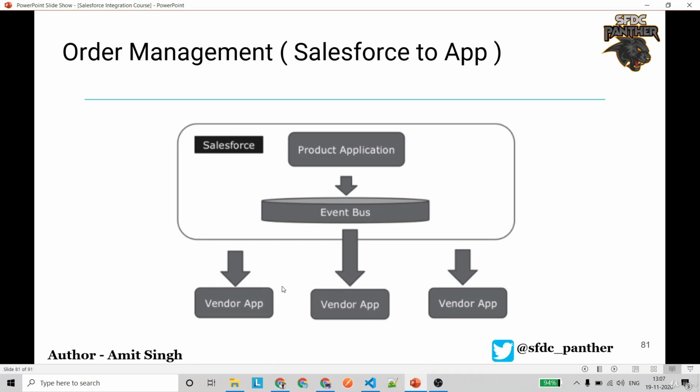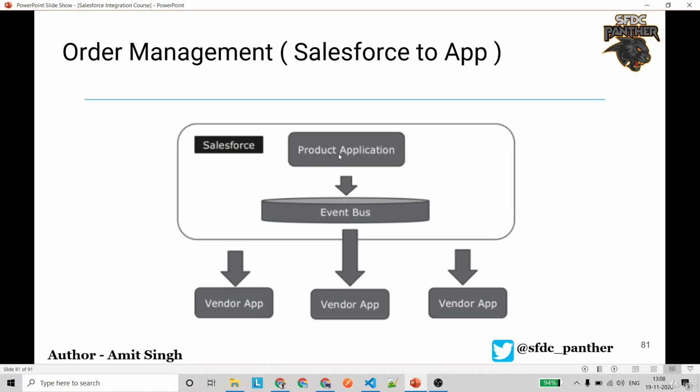Now let's discuss an example. Suppose that you have developed an e-commerce site using Salesforce communities, and there is functionality for placing an order for the different products that a company provides. Now you have developed a platform event where you send a notification to the vendor application every time a user places an order.